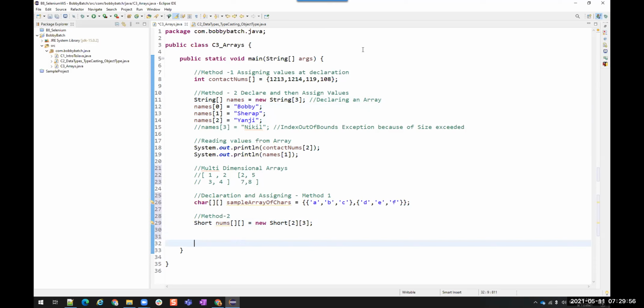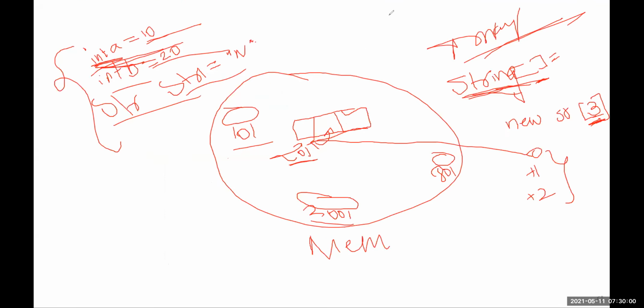Now let me show that. So the sizes that I give are 2 and the other one is 3. That means this is the number of rows and this is the number of columns. 2 rows and 3 columns.